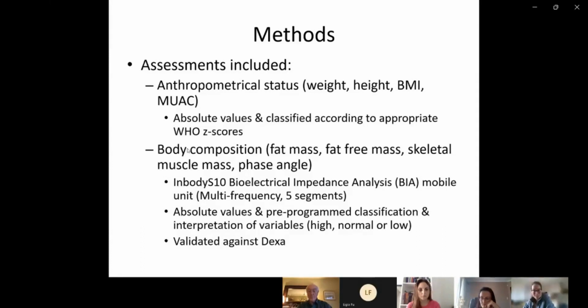It was a mobile unit. It involved quite a few measurements, but for the study, we specifically only looked at fat mass, fat-free mass, the skeletal muscle mass, and phase angle. There we also used the absolute values, and the actual device is also pre-programmed with the interpretation of the variables in terms of whether they were high, low,